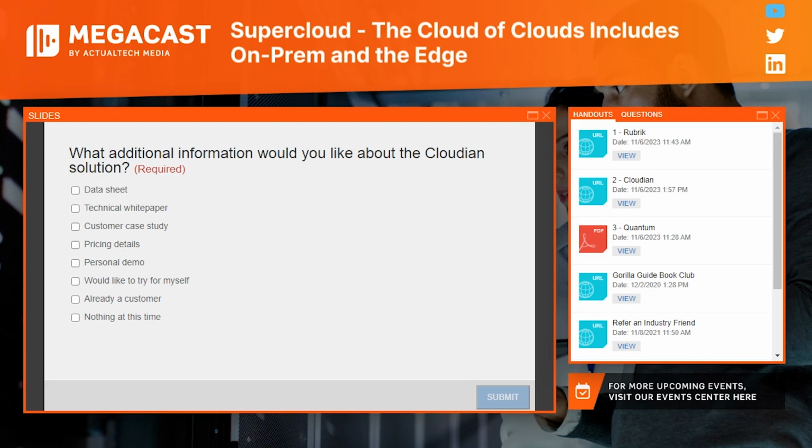And guess what? AWS has partnered with Cloudian for their on-prem storage needs when it comes to Outposts-related storage needs, whether it's Outposts or even the Local Zone. So there's a lot of things happening in the hybrid space. And similarly, Azure has their Azure Stack, Google has Anthos. Everybody's creating this whole supercloud, which is not just going to be in the public cloud, but is going to reside in your cloud, on your on-prem, to the edge.